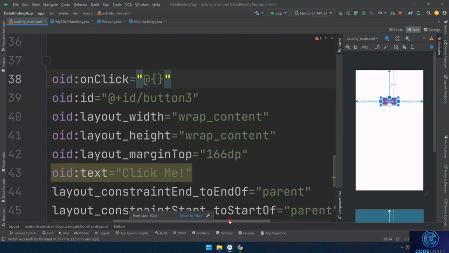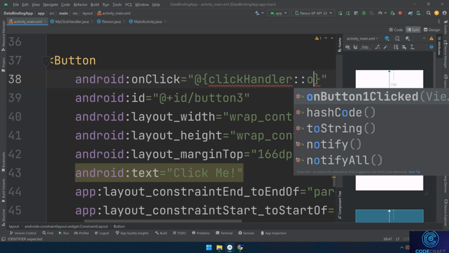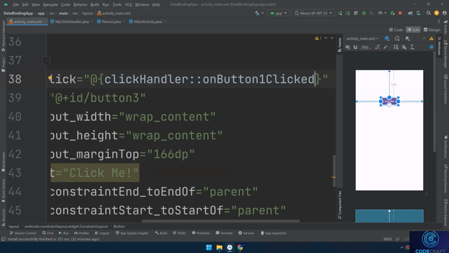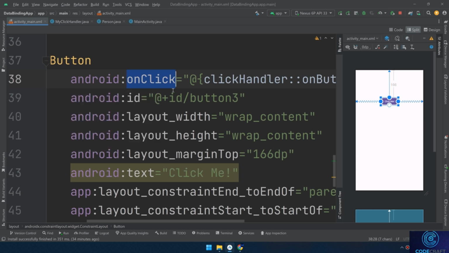Here on onClick, I'll use this clickHandler and two colons, and here I need to use the method onButton1Click. Again, the onClick is a standard attribute in Android XML layout files that specifies the name